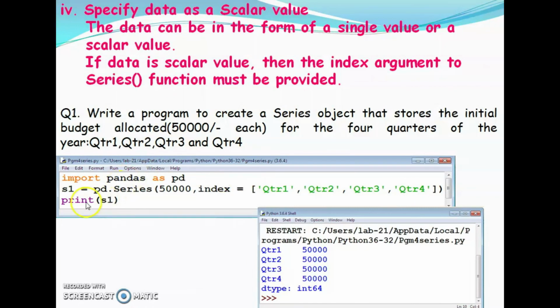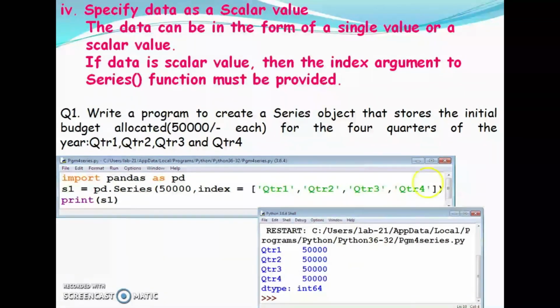Clear? Print S1. QTR1 50,000. QTR2 50,000. QTR3 50,000. QTR4 50,000. Data type is int 64. Okay, clear? These 4 different types of values we can use in a series object.